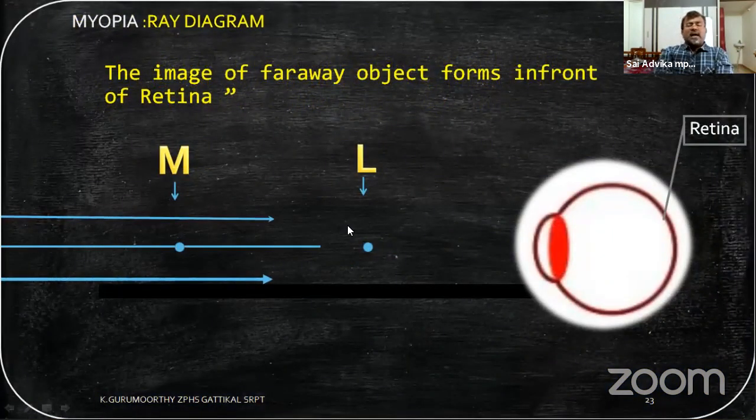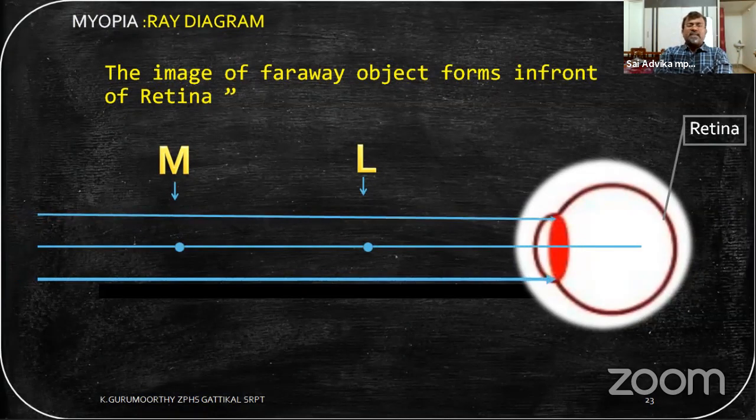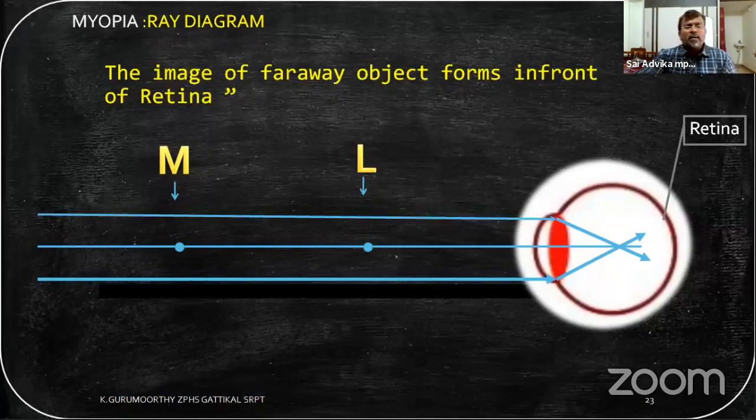Now let us see the ray diagram depicting the myopia. If the object is at the far point, he can see the objects clearly. The problem arises only when the object is at infinity. Now see the rays. These rays are coming from an object which is kept at infinity distance. The parallel rays coming from the infinity distanced object fall on the eye lens. They are converging right in front of,